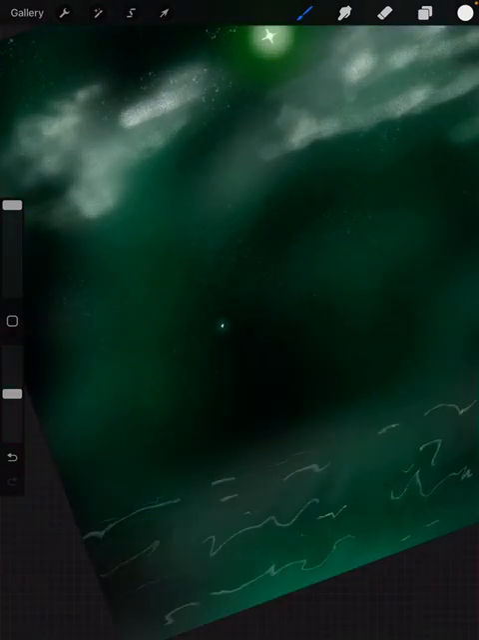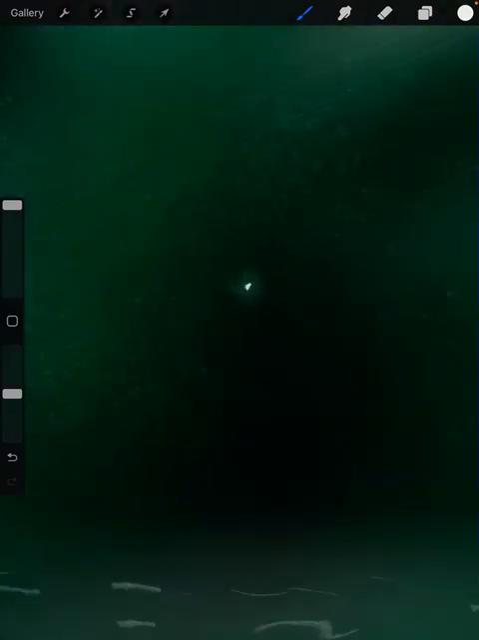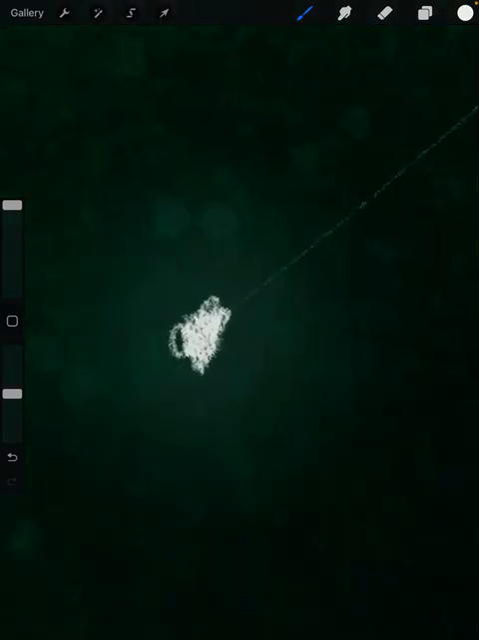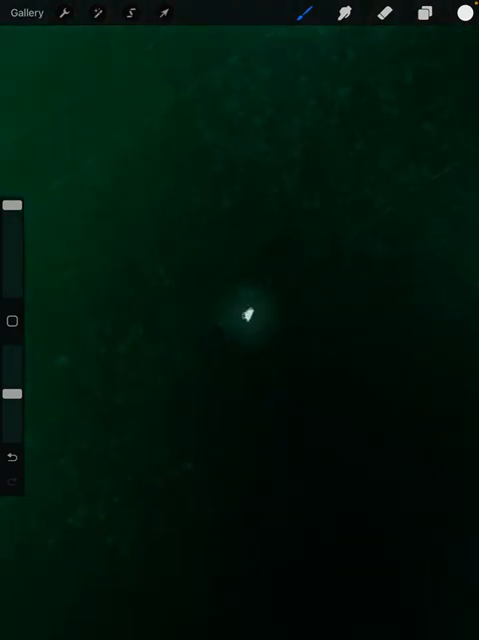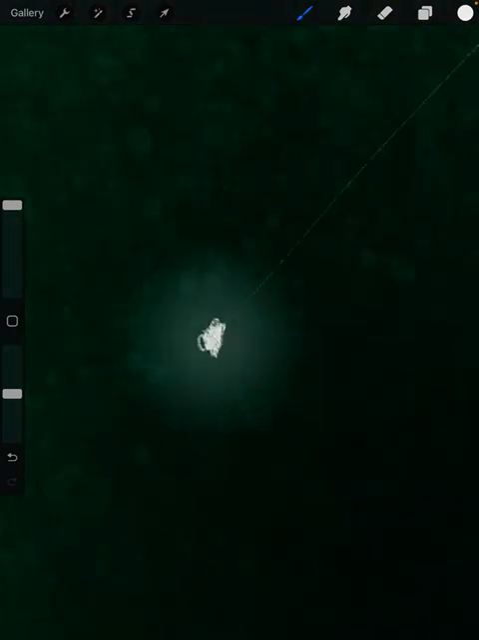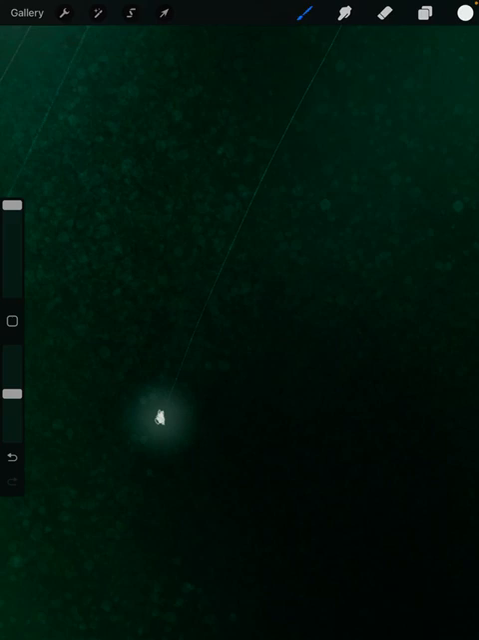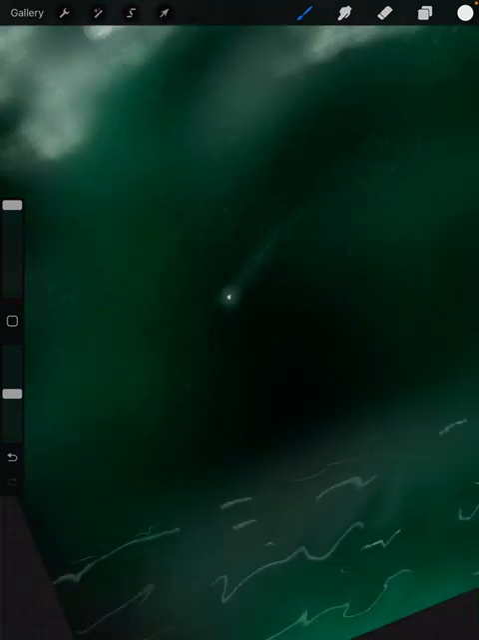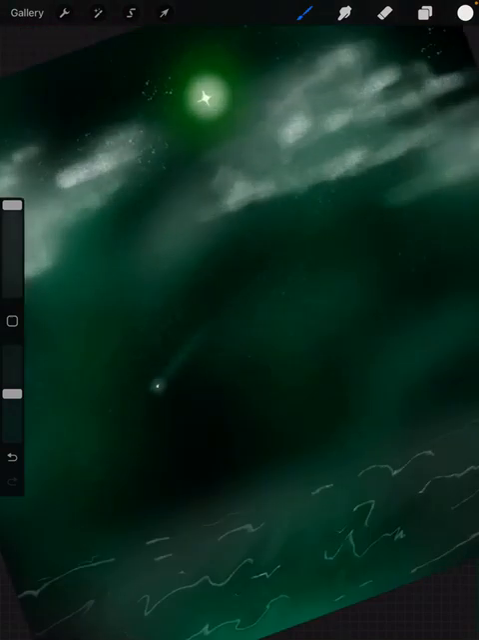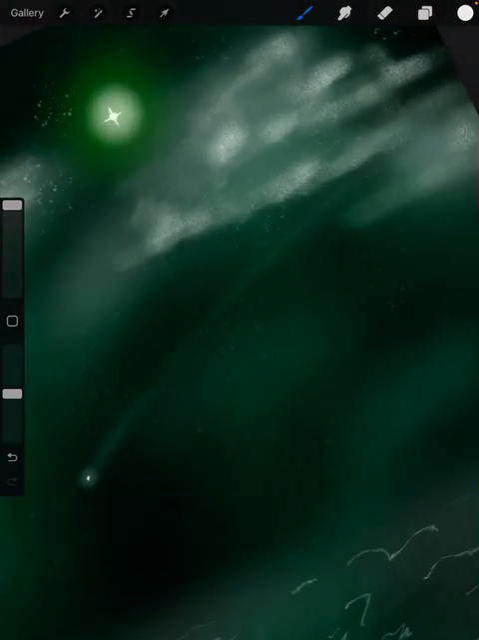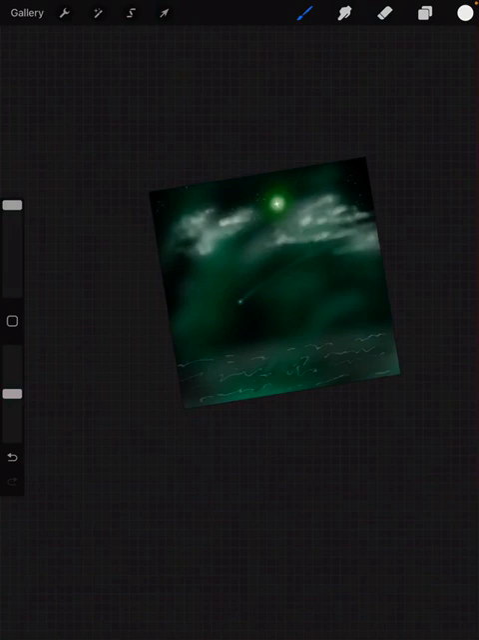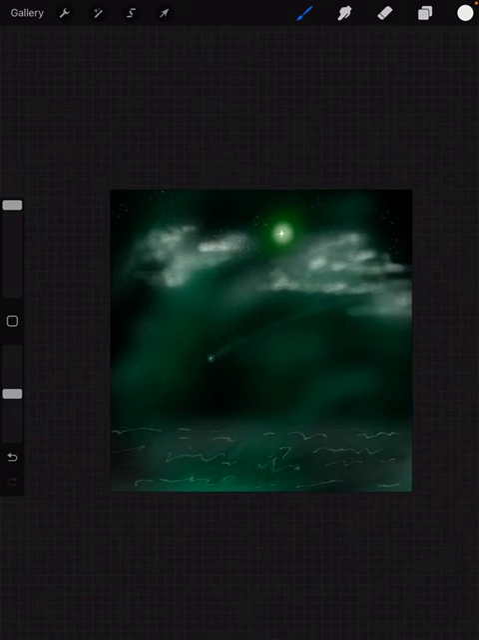You can do little shooting stars. You just have to give it a line, give it a little bit of a dot, and then an airbrush. You can even do that. So there's a lot of fun things you can do. But that pretty much is how you would do a background, and all those brushes you should be able to find